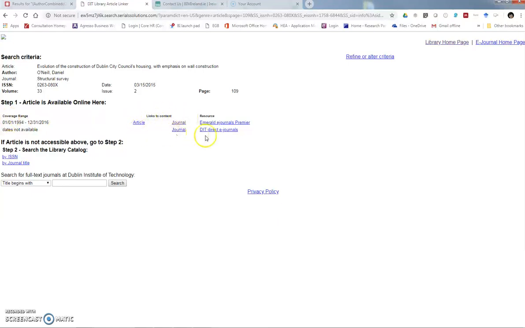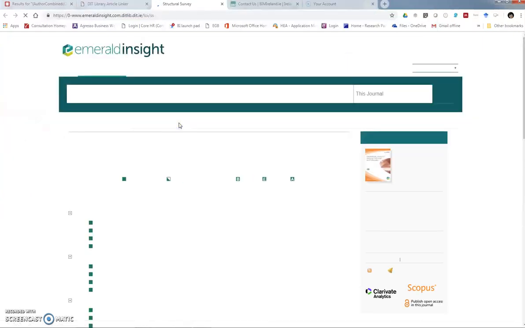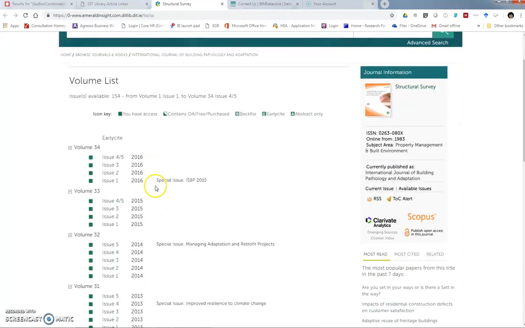So what we've got here is other possible links to that journal. Now, DIT Direct eJournals doesn't include the dates that are relevant to this, so it's supposed to be 2015. The dates are not available. However, this one here, Emerald eJournals, it's supposed to cover from 94 to 16, which does include our date. So I'm just going to click directly here on Journal. And as we said, it was volume 33, issue number 2. So if I click on that,